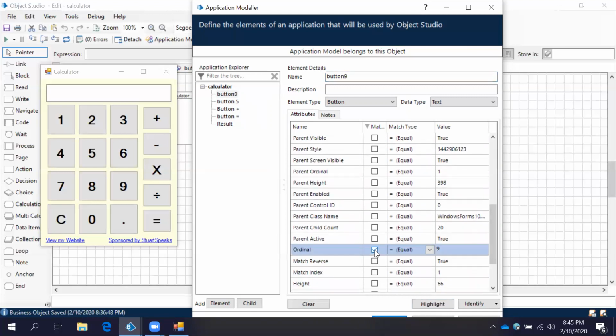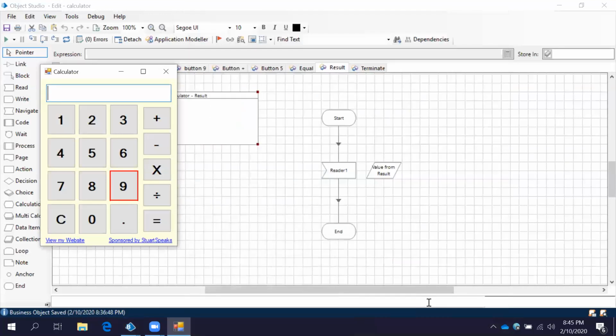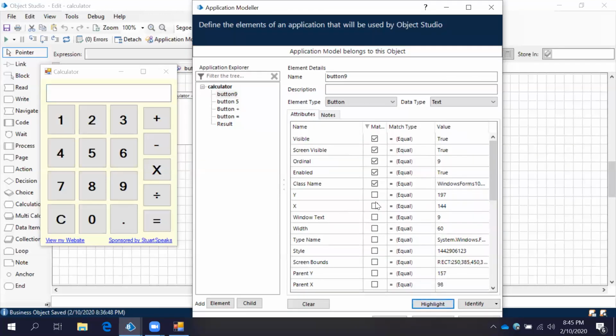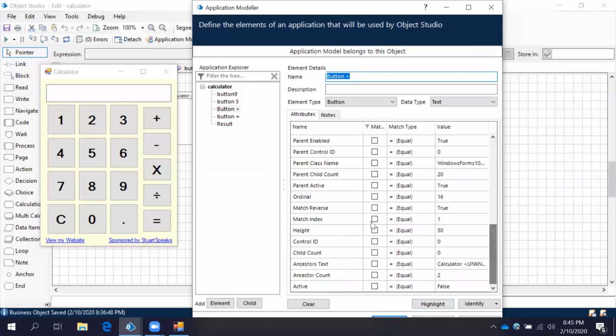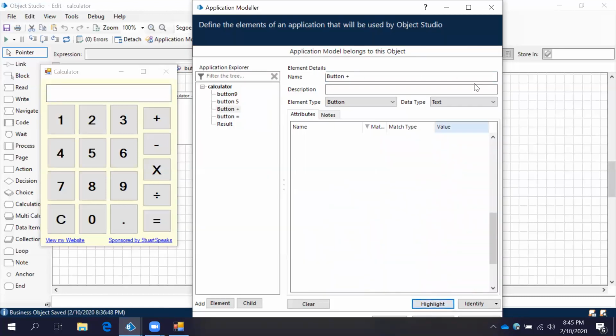See this? For 9, 9 is the ordinal. Let it be. Okay. Now highlight. It's working properly. Come to plus. For the plus, what is the ordinal number? 16. 16 is the ordinal number. Highlight. See this? It's working, right?